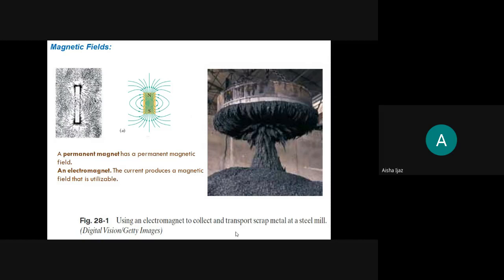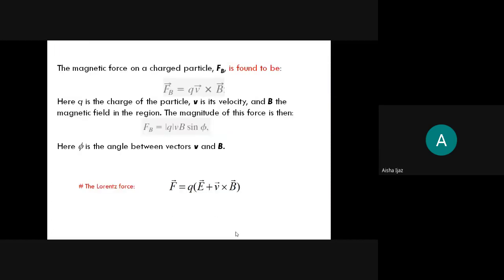Students, the slide shown gives you the difference between the electromagnet and the permanent magnet. As I told you, permanent magnets are materials which have naturally occurring magnetic power and a magnetic field, while an electromagnet becomes a magnet if current is passing through it. You can see the example of an electromagnet used to collect and transport scrap material at a steel mill. So this is the formula which I was discussing,